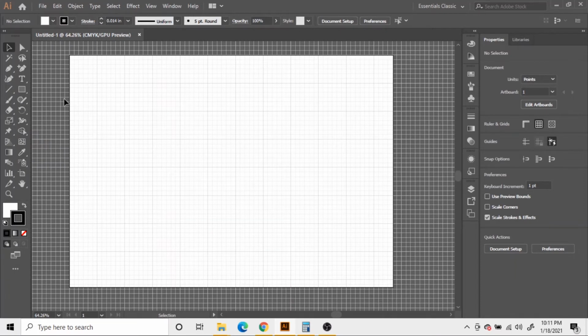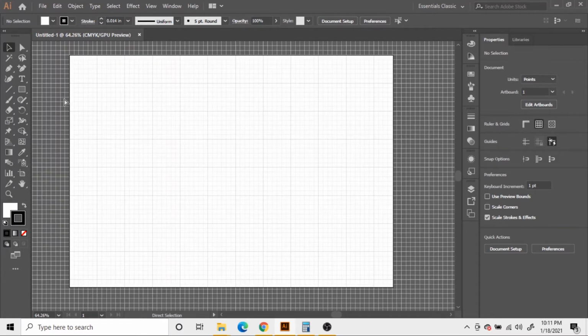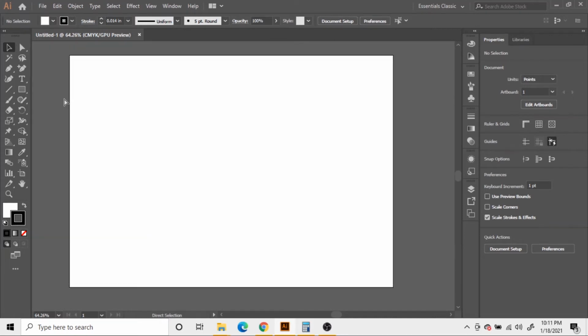So when you press Control double quote, this brings up your grid lines, and when you again press Control double quote, this will hide your grid lines.